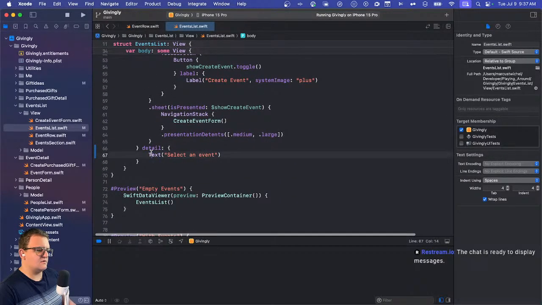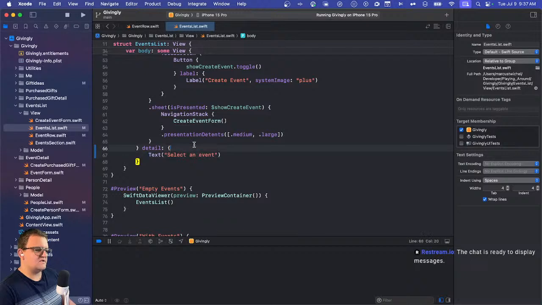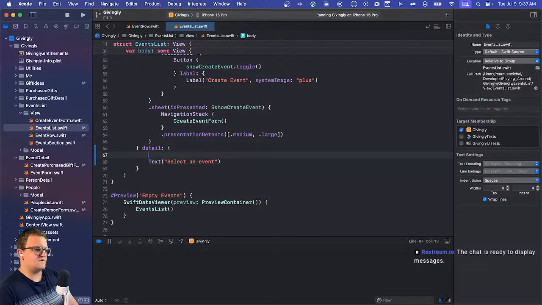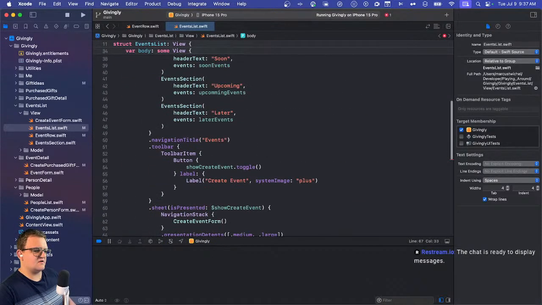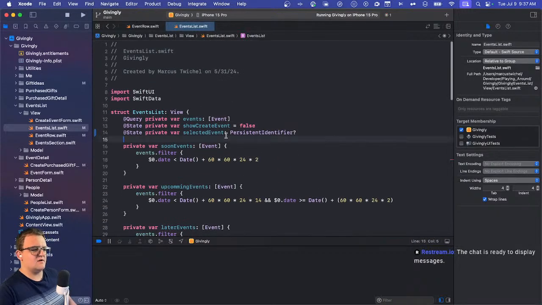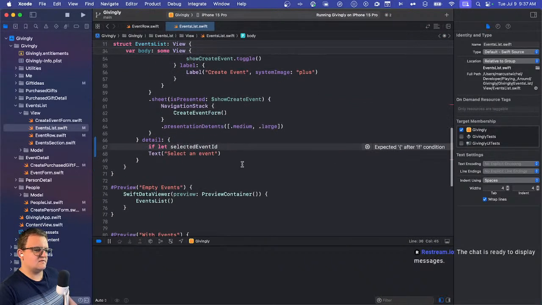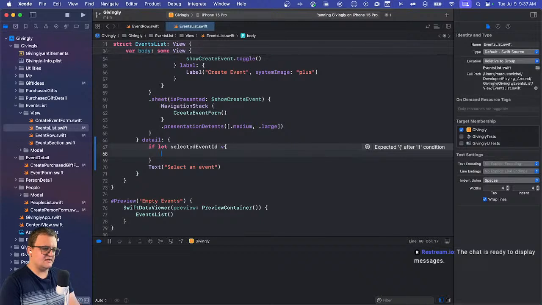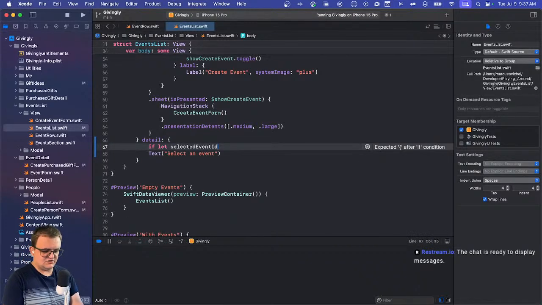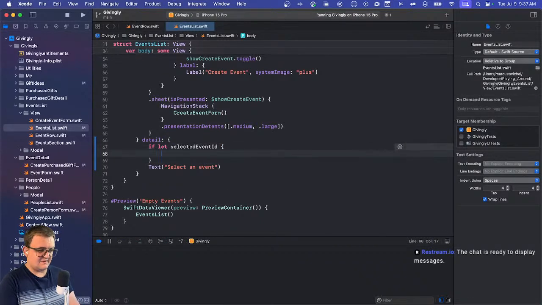And then we have to, for detail here, we'll say if let selected event. Did I call it just selected event? Should I call it selected event ID? I think I should, because it is an ID. It's not the actual event object, right? So we'll say if let selected event ID, which would mean that should be a null check if I'm following Swift whatnot. Then we'll say